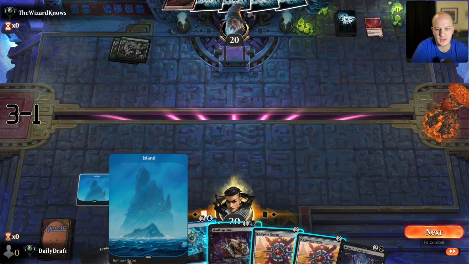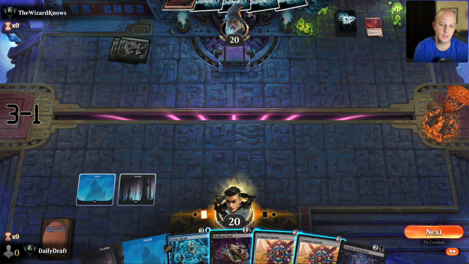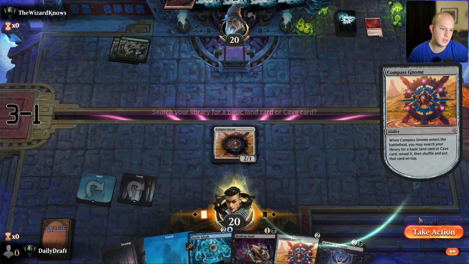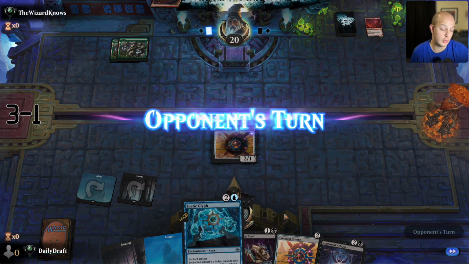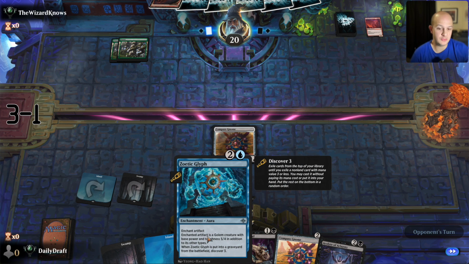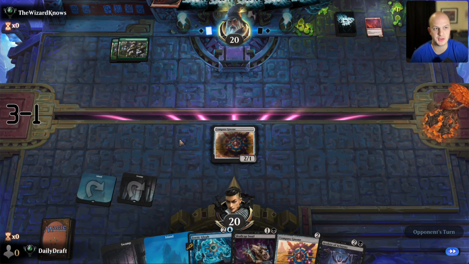Do I need another land? I've got 4. I don't think I do. I can try to nab a better card with the snail here at some point. I could also potentially just animate the gnome with the glyph next turn and just start bashing on turn 3. And if they choose to trade, I discover 3 anyway, so...